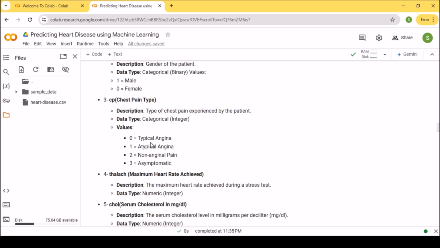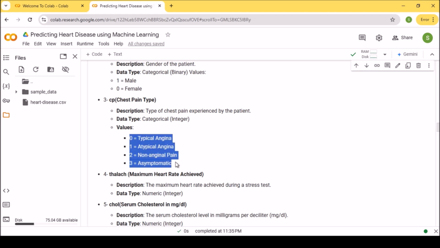We have typical angina, and then we have non-angina pain. Then we have atypical angina, and the last one is the asymptomatic type. So let's try to do some crosstab function here